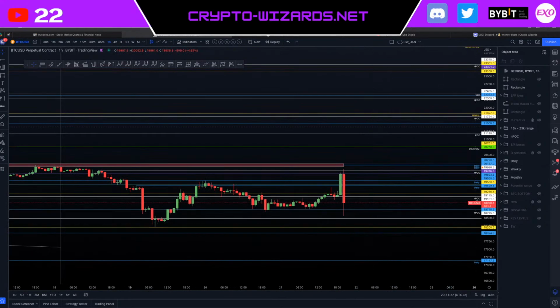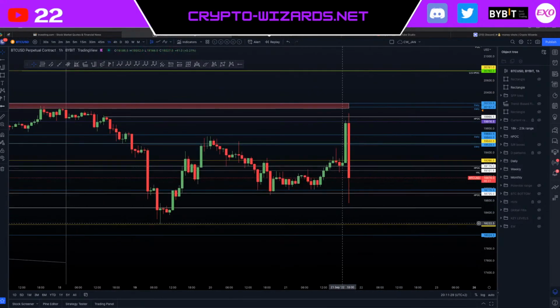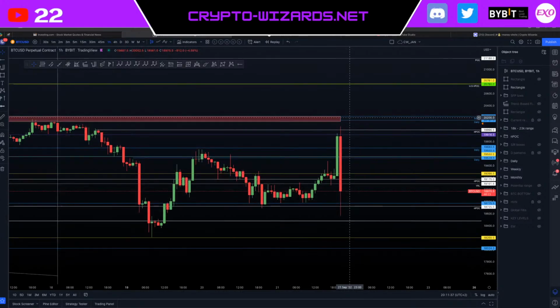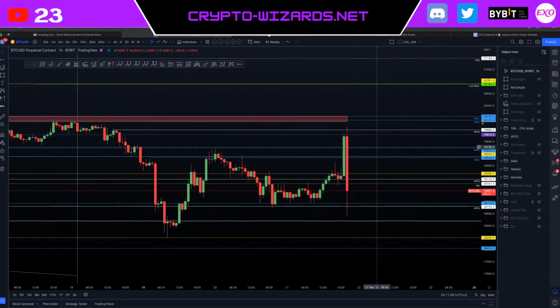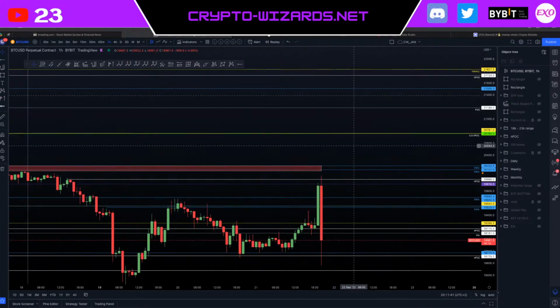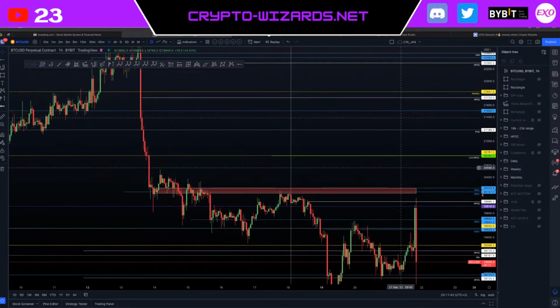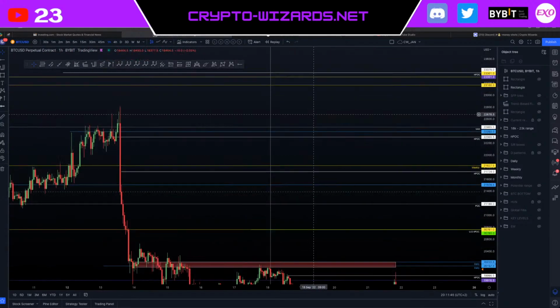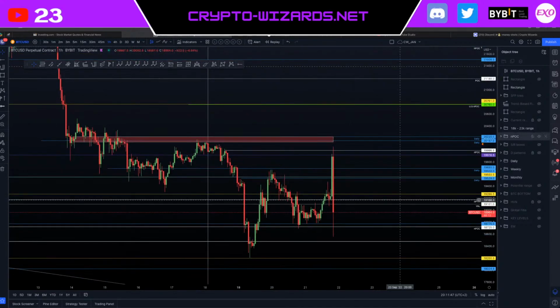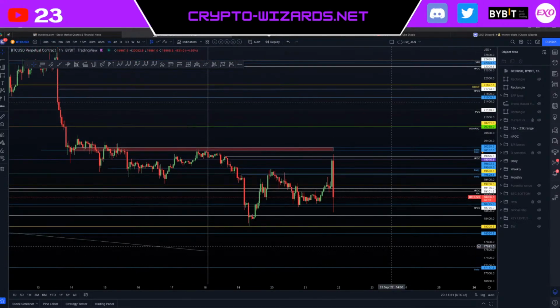So pay attention around this zone down there. This is absolutely crucial. If we get a bounce from it, then fine. Locally we are bullish. I would be looking for a POC and simply the high of the range. If we can break out of the range to the upside, then we are looking for the single prints between 21,500 and 22,400. If we break through the range low, then I don't know if you are sitting in a short already.